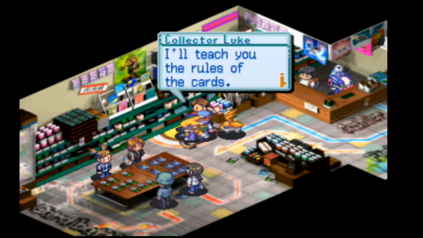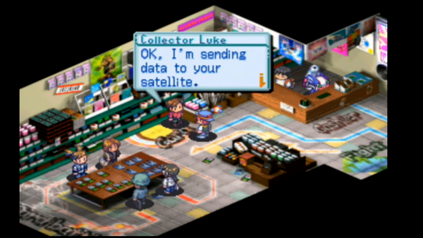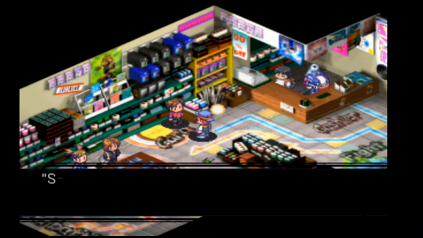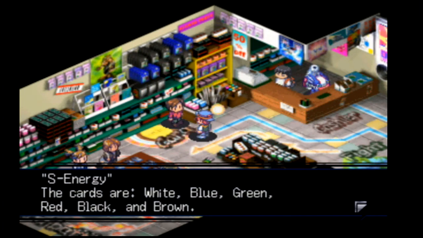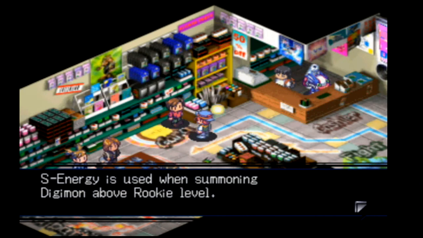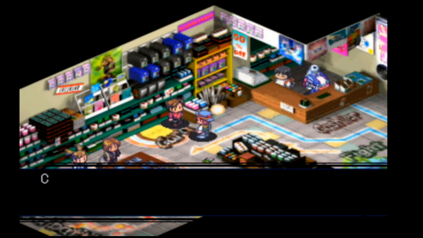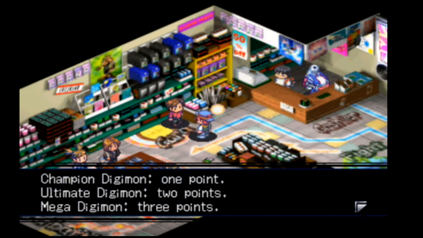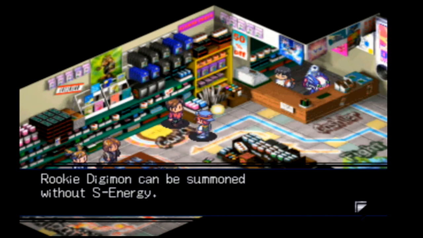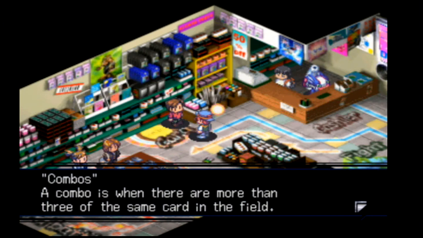Who is Ken and who? This is Luke. I'll teach you the rules of the cards. Yes, I'd love to. Okay, I'm sending data to your satellite. Boop, boop, boop. S energy. The cards are white, blue, green, red, black, and brown. S energy increases when you draw a card from the deck with that color. S energy is used when summoning Digimon above rookie level. When summoning Digimon, S energy with the same color is required. Champion Digimon cost 1 point. Ultimate cost 2. Megas cost 3. Rookie Digimon can be summoned without S energy. Combos. A combo is when...